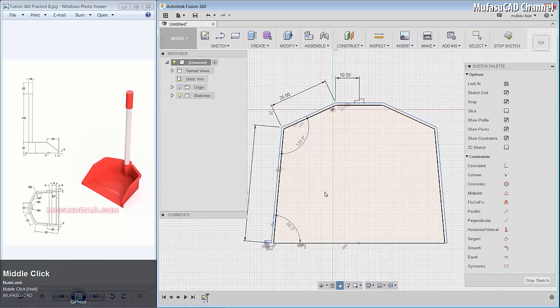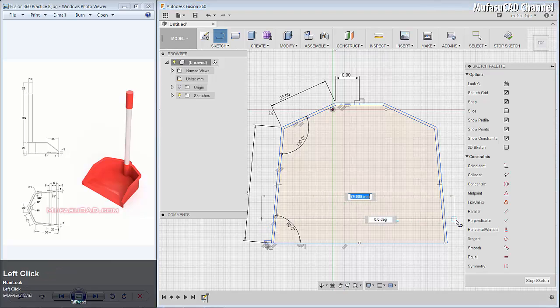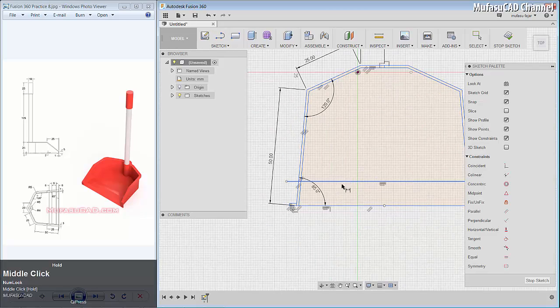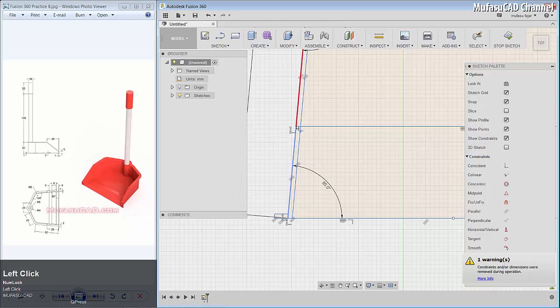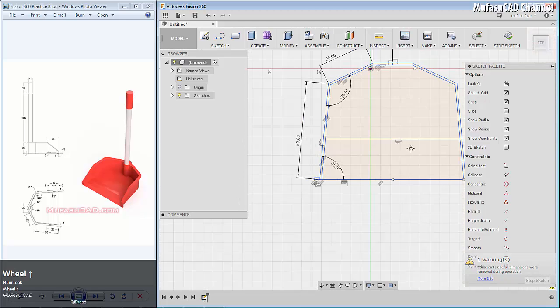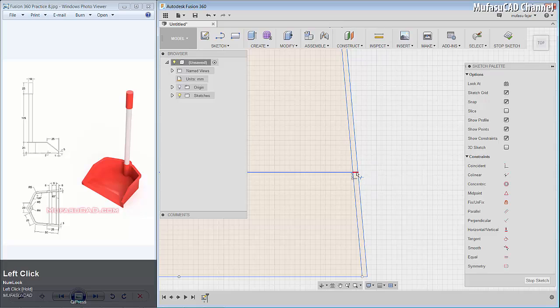I will create a line from here to the right here, and then we give the distance from this point to this line object in here about 21. And use the trim command to cut this line object and this line object.